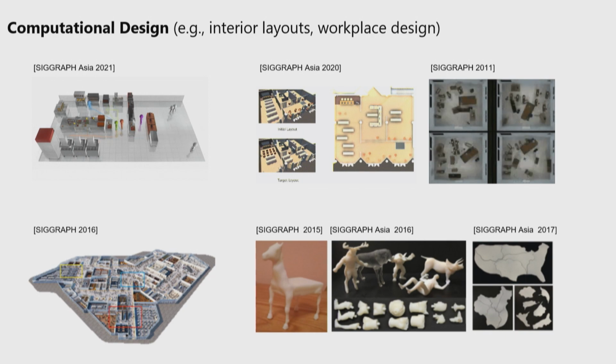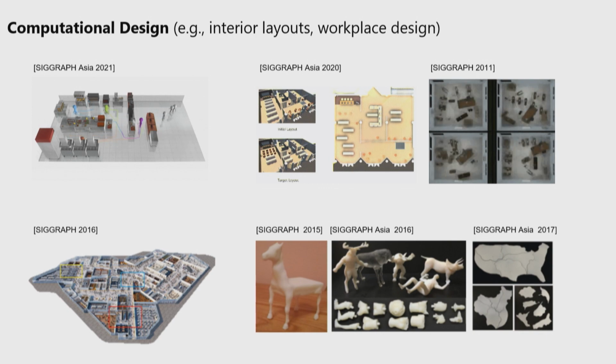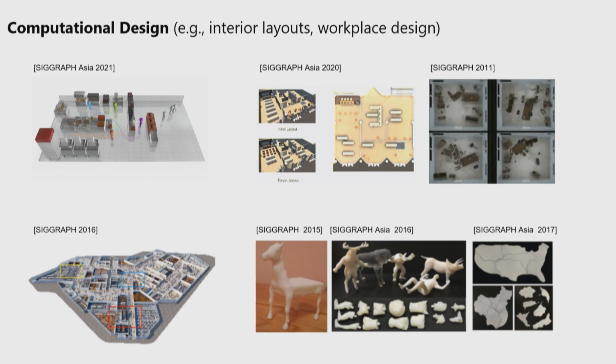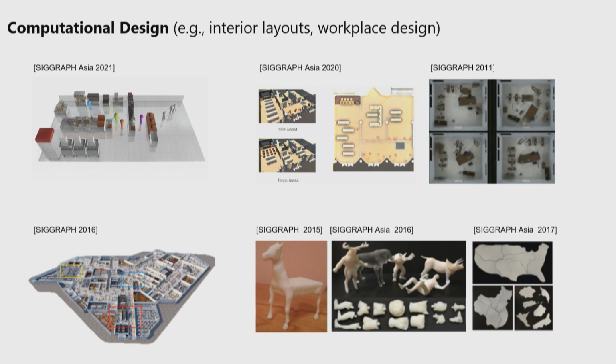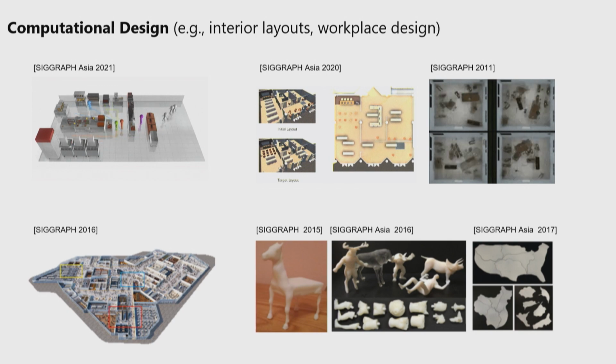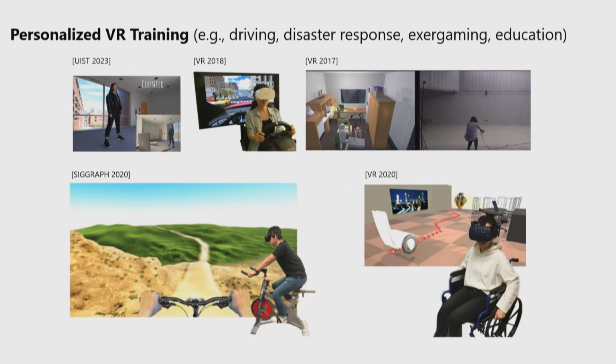For example, the 3D models are able to break into parts, and they can be interchangeably assembled into different shapes. So if we turn the design problem into a computational design problem, then we can utilize the power of computers to trade off between many different factors and also to achieve some very implicit goals that are not easy to achieve by human designers.